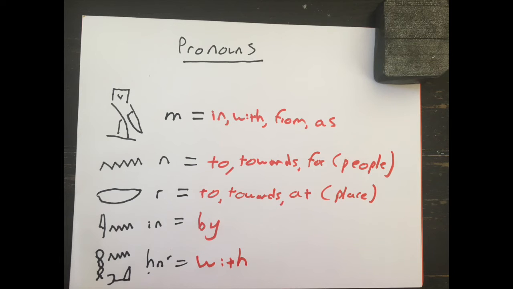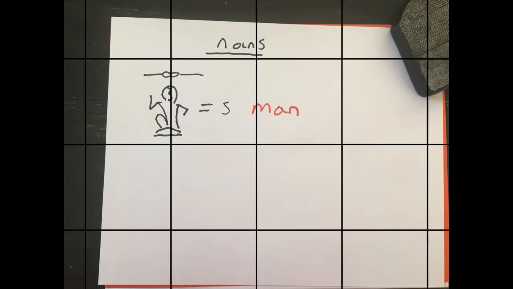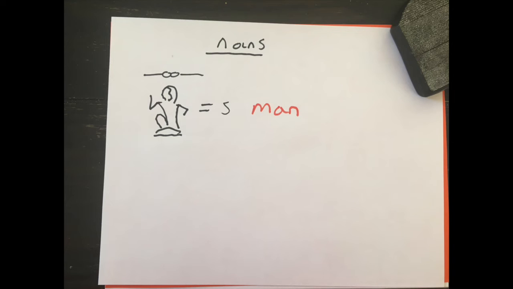I don't know, just the crazy way I think of it. So with. So we have in, to, towards, by, and with. All right. Nouns. Again, a little bit of a review, but we'll throw in some new words too, and we're